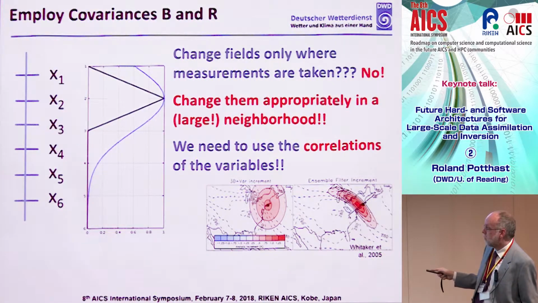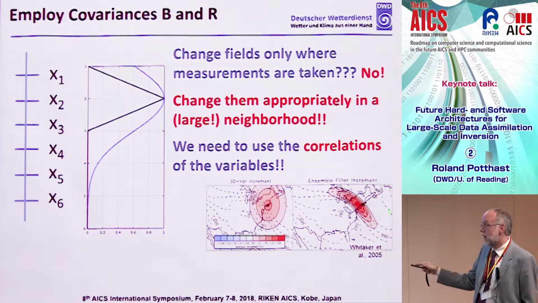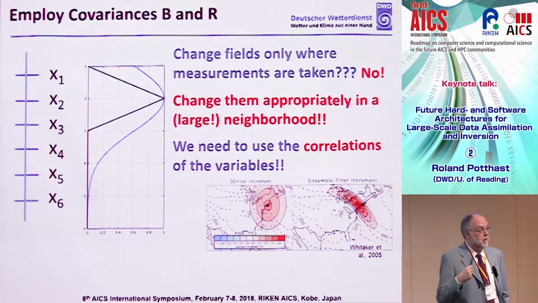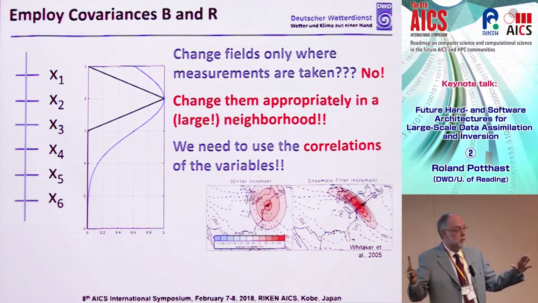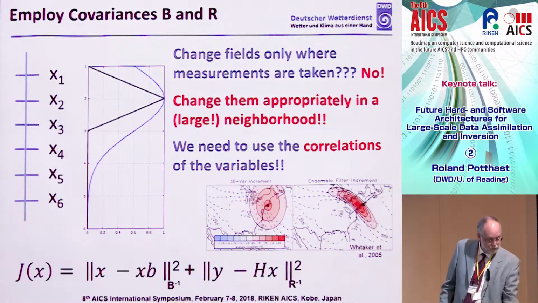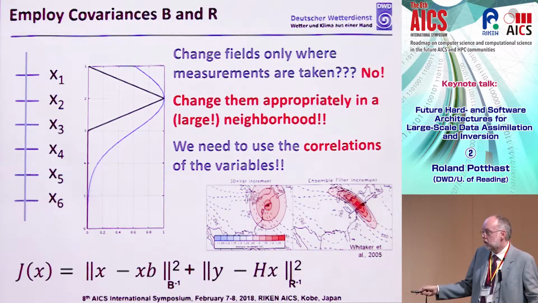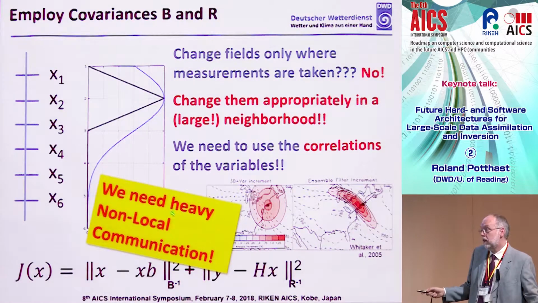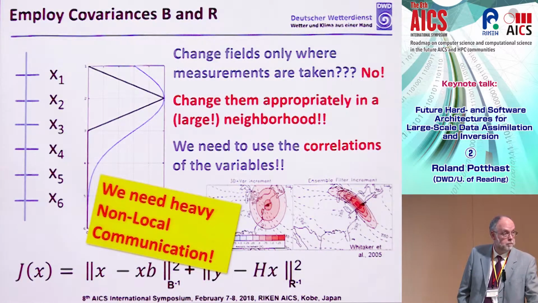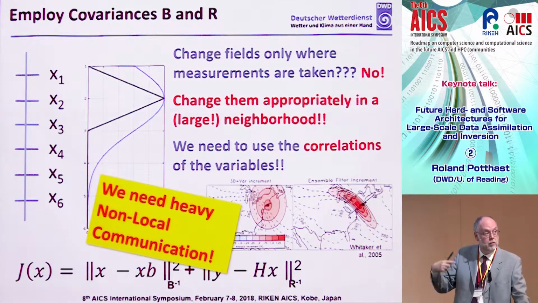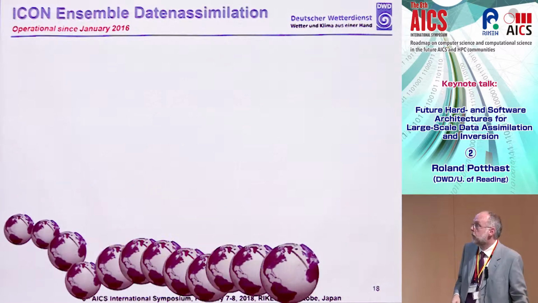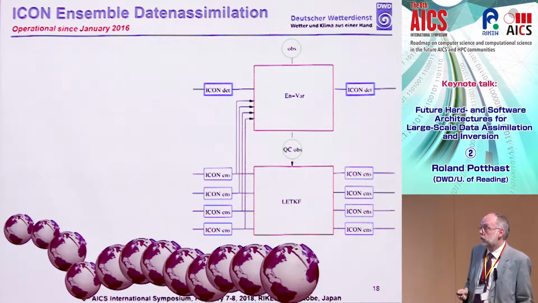And if you now have a high-resolution grid, you might have thousands or even millions of points in this area, columns. So one measurement touches a lot of grid points immediately. Yeah? And if you run a variational method, minimizing some kind of functional like this one, then the correlation matrices here link all the variables in your state. Yeah? So we need heavy non-local communication to do this. And we need it all the time when we run our algorithms. Very important part. And so 2 slides here to finish this data assimilation part,